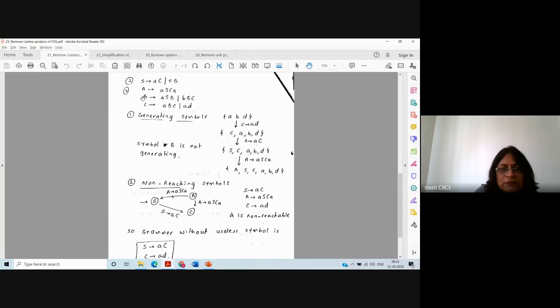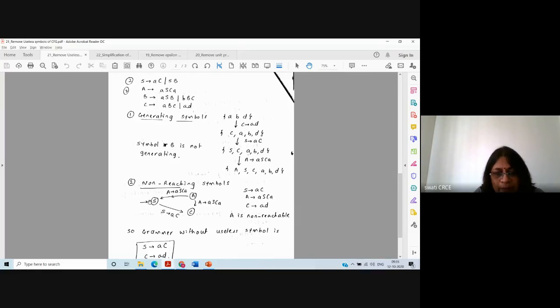Now take this, this is removed from the grammar, B. Now take C. This is also removed. C is equal to AD. So C is equal to AD, there is no variable. So we cannot say anything. Like from C, you cannot reach anywhere else to any other variable. So now if you observe this particular directed graph,